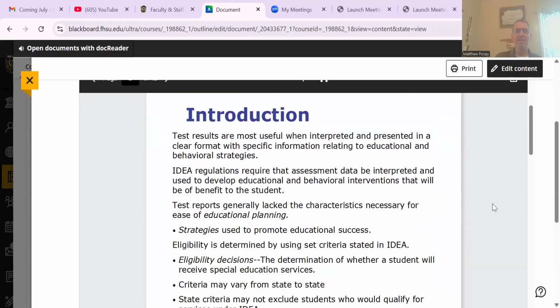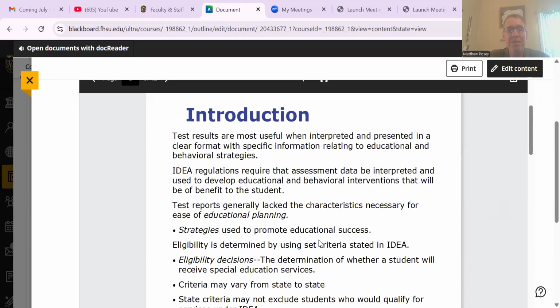Looking at the introduction slide, it talks about test results being most useful when they're interpreted and presented in a clear format with specific information relating to educational and behavioral strategies. And so I've talked a little bit about that briefly as we prepare for the mock IEP, about how we're looking for more of the presentation of the material, and it's very important to present that in a clear, concise manner that's understandable for parents. And that's why we've also been doing some of the tables, charts, and graphs in your reports. Try to get you in the habit of taking your data and putting it into some type of visual representation